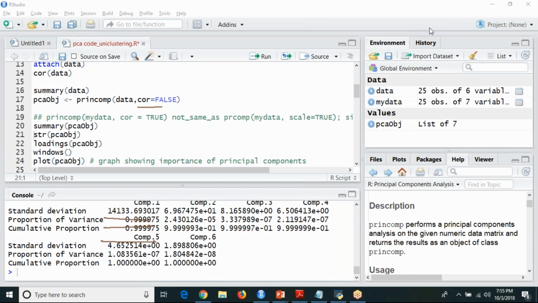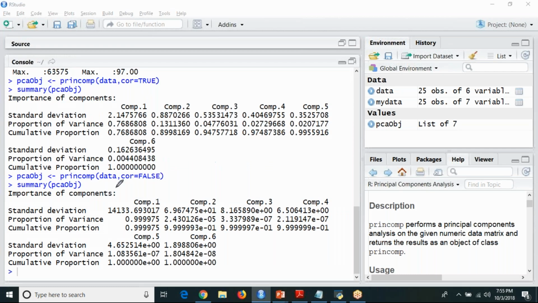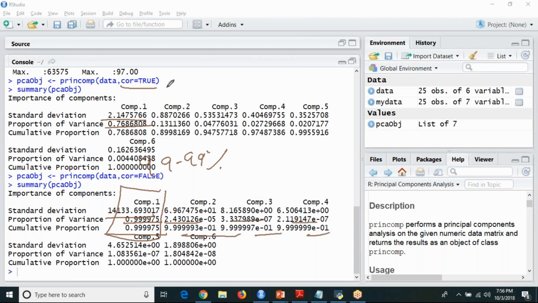But the thing is, before PCA, your correlation will always be true. So that's the reason I passed this. See, it will not show the proportion of variance in an easily understandable way. Here it will show with respect to your 99%. If you use only this, you'll think it is 99.99% here only, then there's no need to go for all these things, right? So that is the reason you should give what will be your actual correlation before applying PCA. Got it, Ram? You should not give it as false, because your data will always be correlated before implementing your PCA.